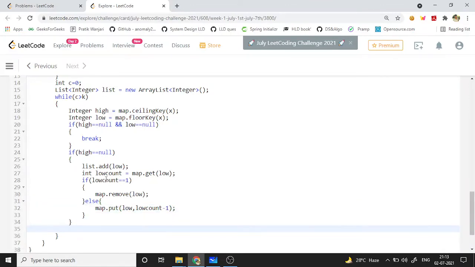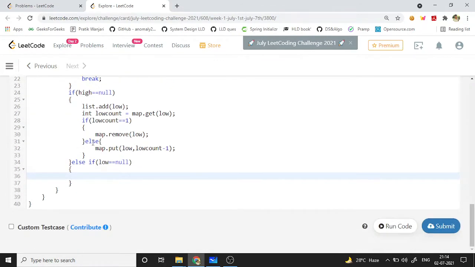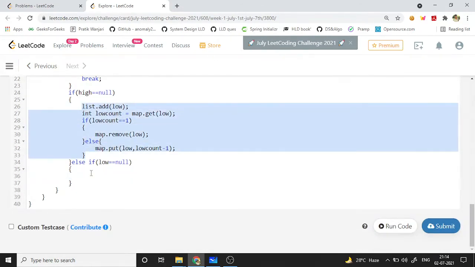Similarly, we will check for low null. We will do the same but the other way around.